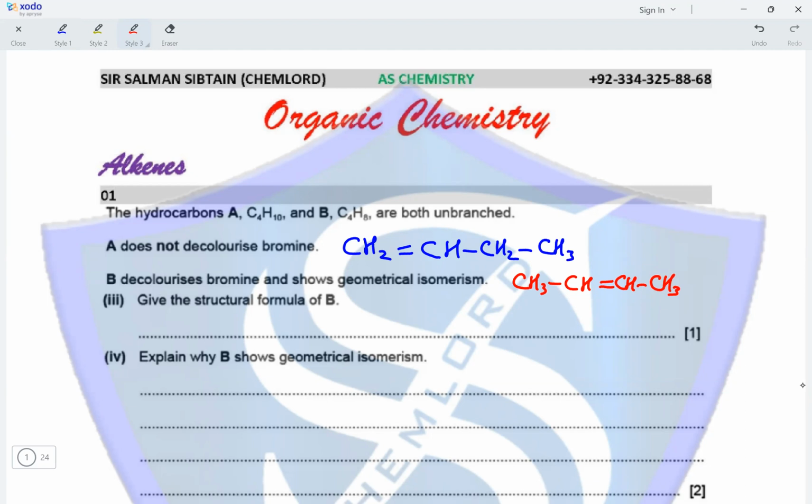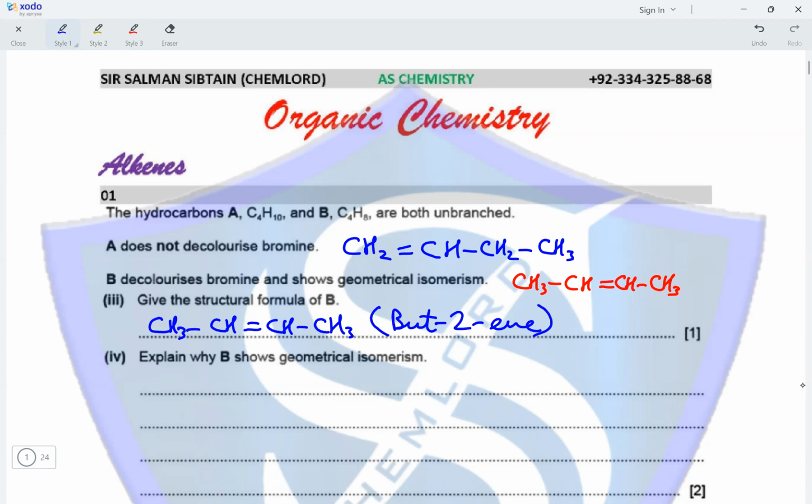In comparison, both of them will decolorize bromine water. However, but-1-ene will not show geometric isomerism because it has two hydrogen atoms on the same carbon atom, whereas the compound but-2-ene will show geometric isomerism or cis trans isomerism because the two carbon atoms with a double bond between them each have either a methyl group or a hydrogen atom on them, because of which there are two possible isomers, cis and trans, that can be made. Therefore, the correct answer here would be CH3, CH double bonded to CH and then single bonded to CH3, which is known as